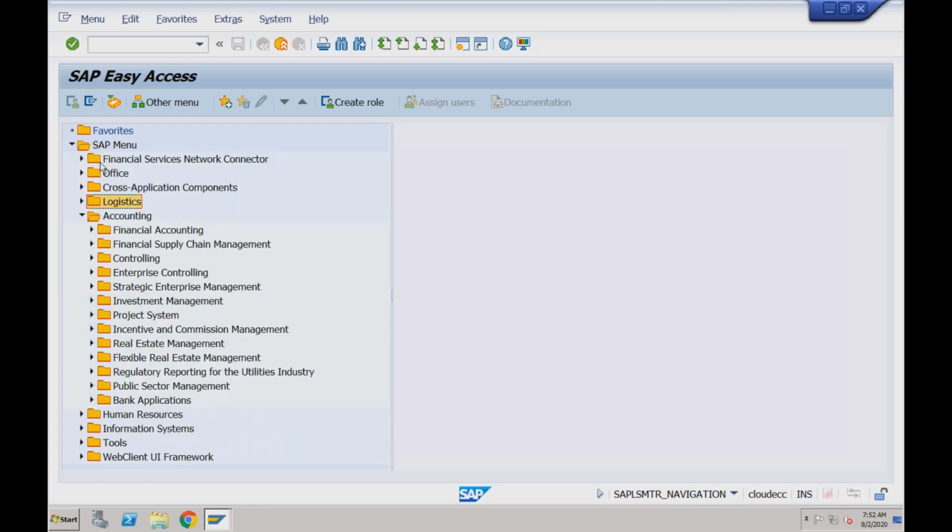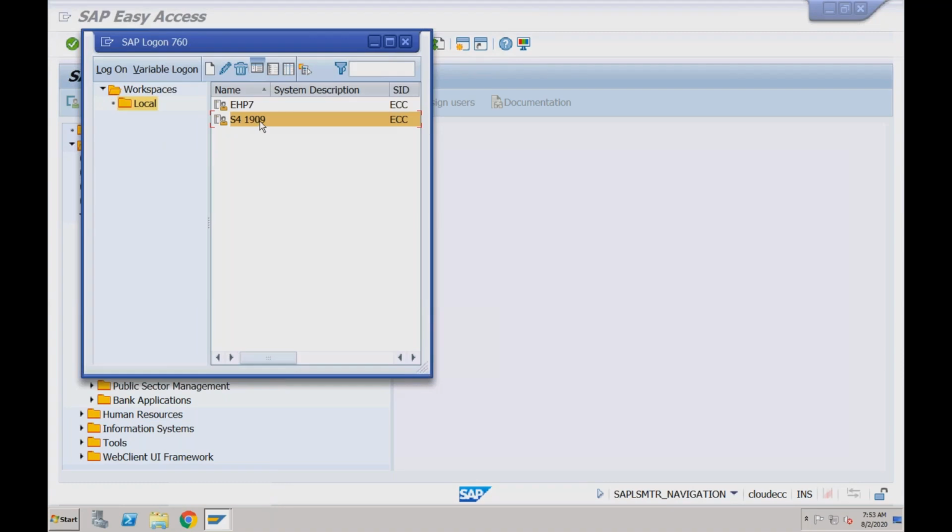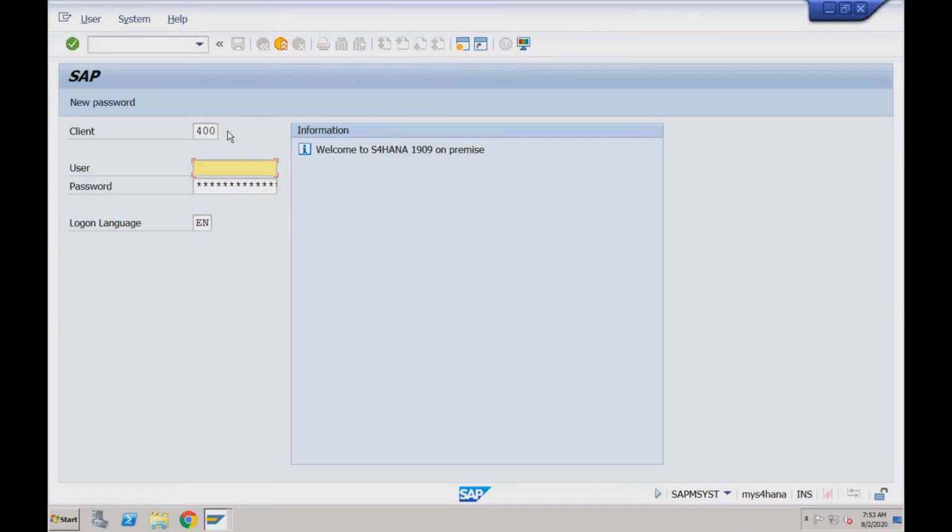So what I'll do now is open the SAP S/4HANA system. Again, you can see it is asking the same thing. It is asking for the client, my user ID, my password, and the language. So all four things that we have seen in ECC also. So again, if I provide my user ID,